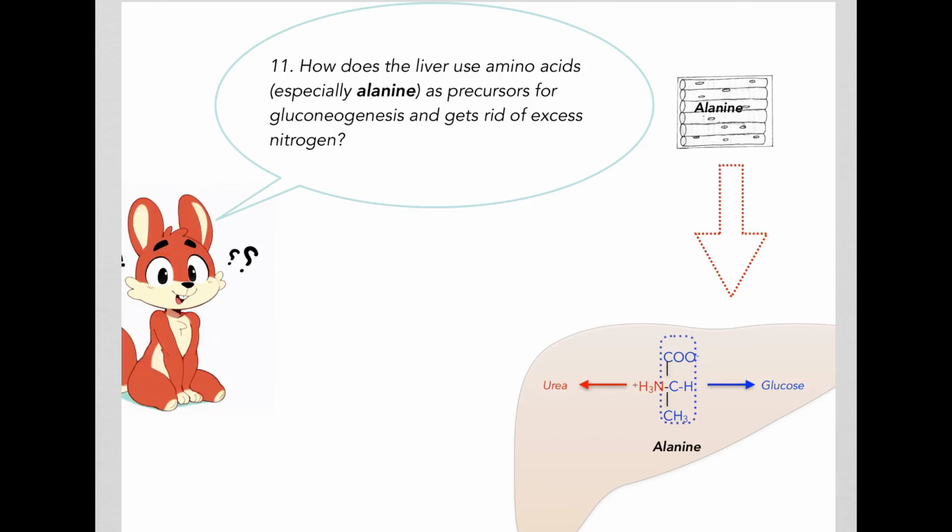Let's first look at how alanine from tissues such as skeletal muscles is transported to the liver. That's where most of the alanine is used, and the liver will then take the carbon skeleton and use that to make glucose by gluconeogenesis. And then that excess nitrogen will be converted into urea, and that urea will be sent to the kidneys. If there's excess nitrogen, the kidneys will excrete the urea into the urine.